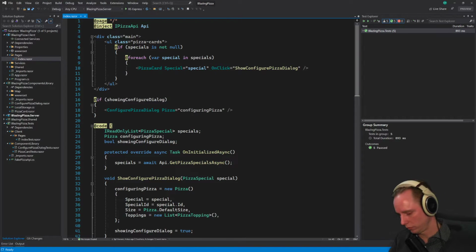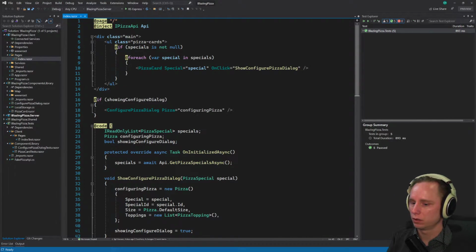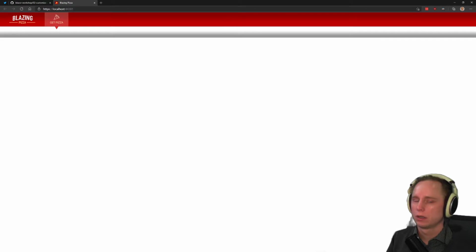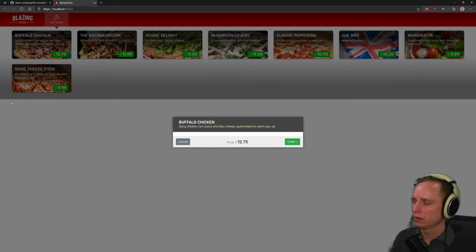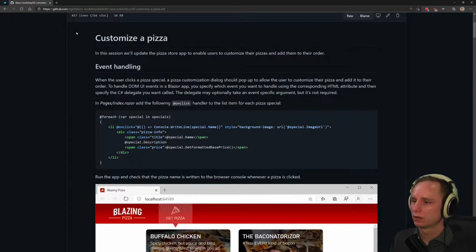Okay, so if we run the application, let me spin it up. We can quickly see where we are at. Basically the first save point, the layout and pizzas, gives us this listing. Then on the second part, the second save point, which we are on right now, we are supposed to add this customizing dialog where you are able to change the size of the pizza and so on and so forth. And also obviously enable these buttons. They don't do anything right now. So let's